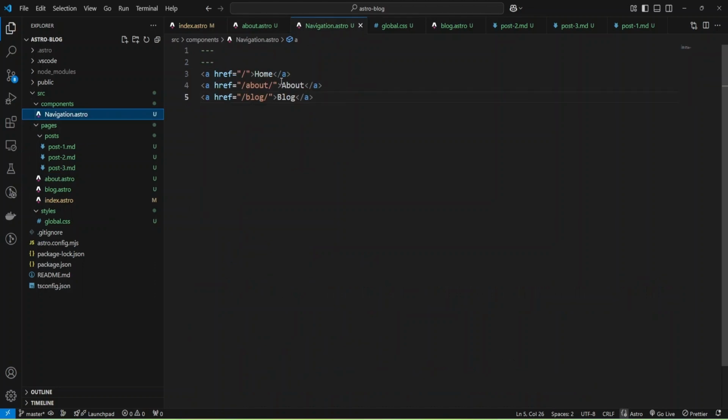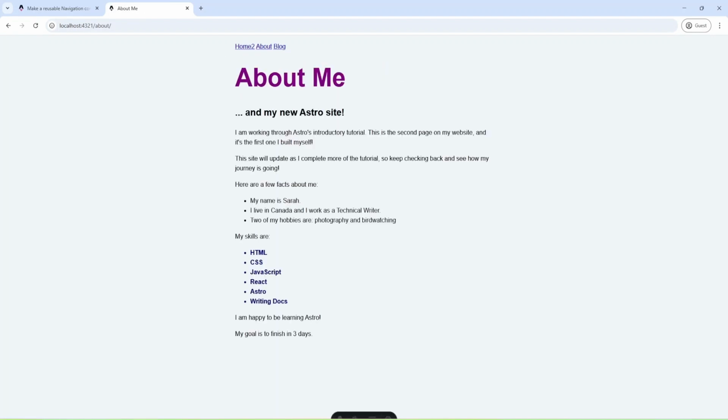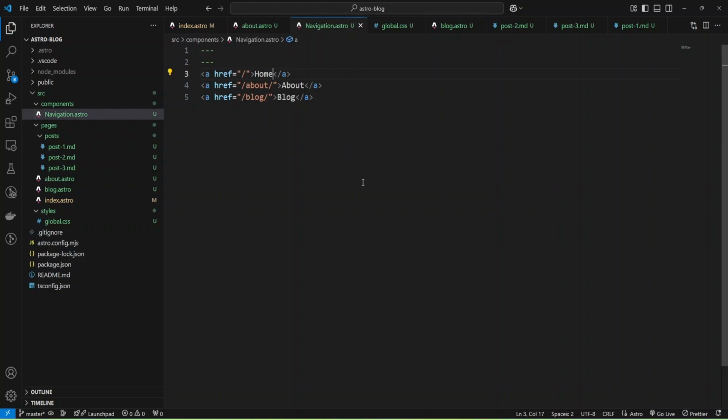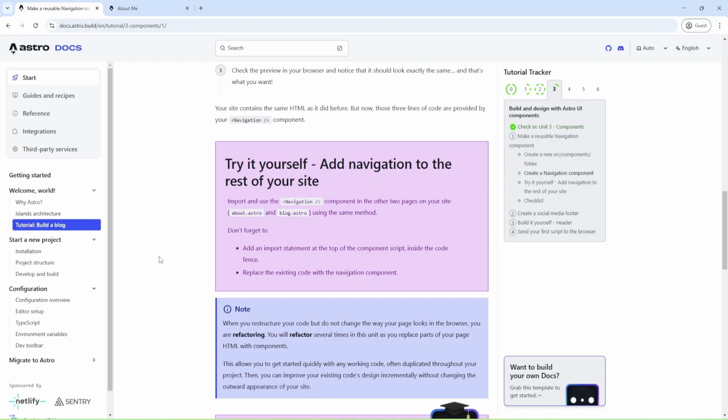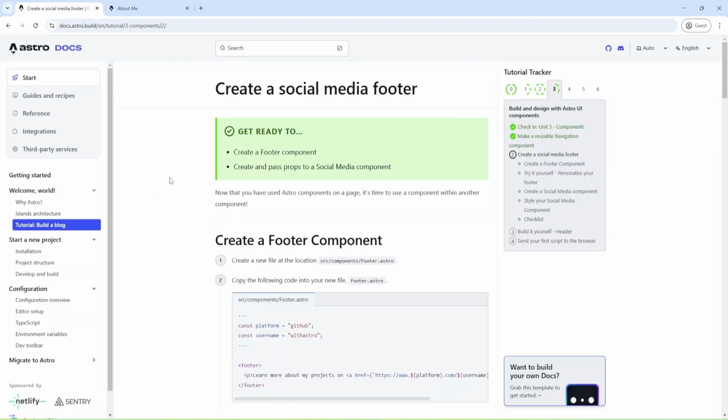Looks good so far. And let me go to about the blog, and let me try to change some text. Home to, and as you can see, I have home to. Okay, and that works.